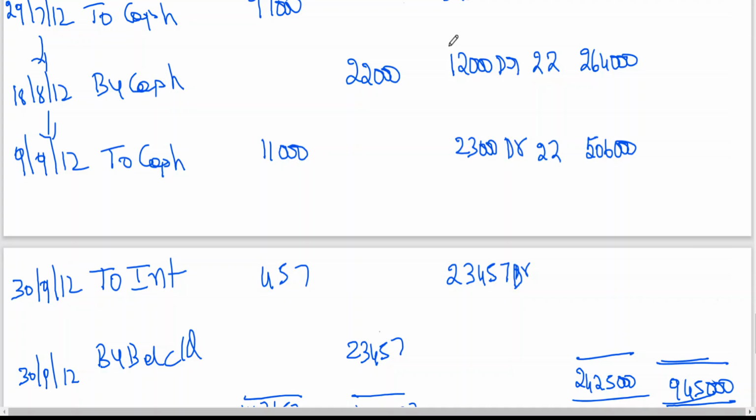But for the last transaction, I have told you, the closing balance: first you find out the difference, then add 1 day. 9th September to 30th September, you are getting 21 days. Since it is a closing balance, that 1 day also has to be added, because on that day also in future you need to calculate interest. That is why the closing date is also included for calculation of interest. This was recently updated. Previously they used to take 21 days. This was their practice for more than 20 years, and that has been corrected nowadays.